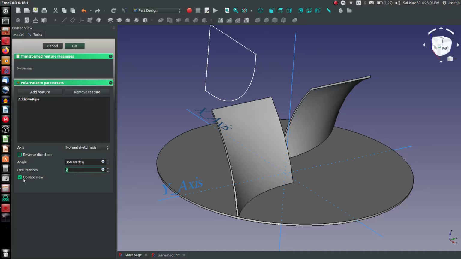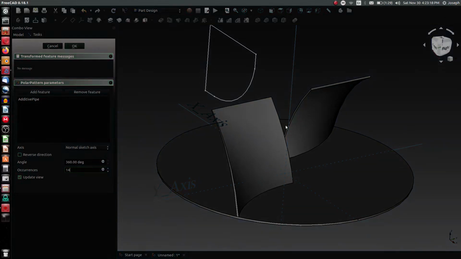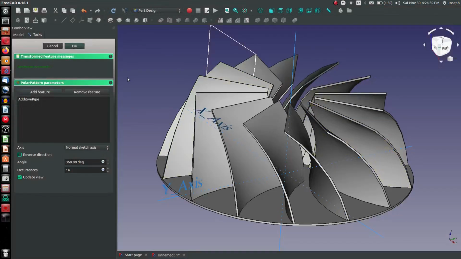And I can choose 14 features. I could have done this differently. I think it's using 2 CAD programs simultaneously. It's hard to think about the details of every one and what order to do things, but I am better to undo my groove while this generates a pattern of blades and then cut out the profile. Whereas in OnShape, I'm totally fine to do either order. Okay, now that we have this,